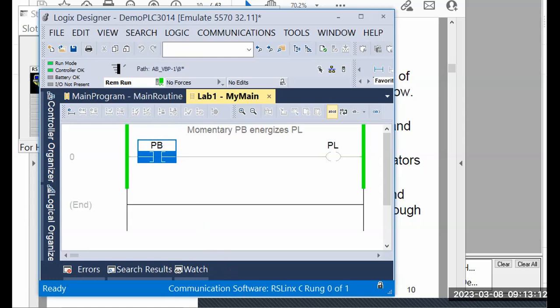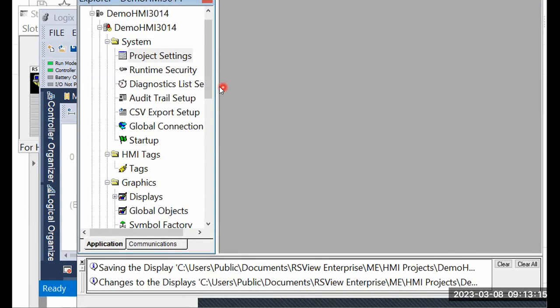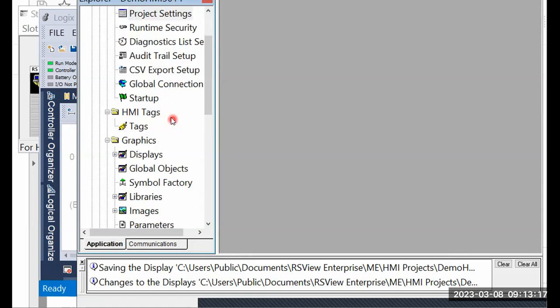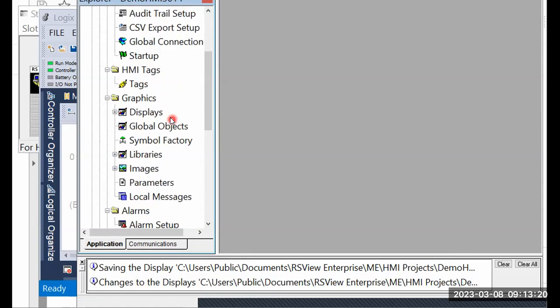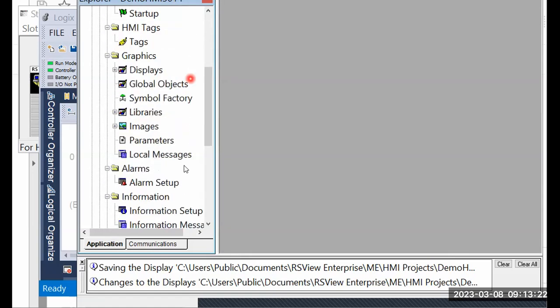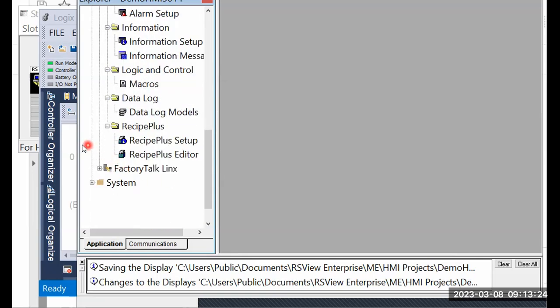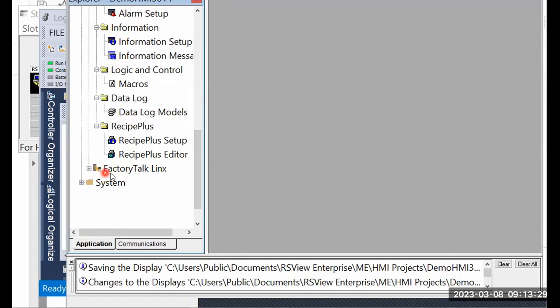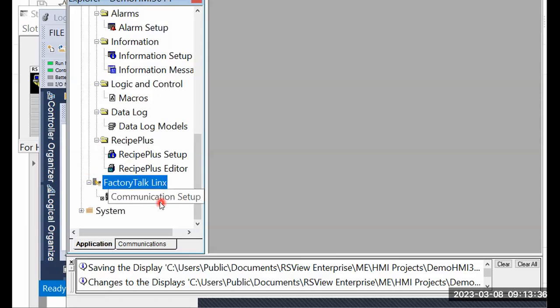So on the HMI, this is where we need to go down on the left-hand side in the Explorer window. At the bottom, maybe I can make this window a little bit wider, you will see one node called FactoryTalk Link, right? This is very similar to RSLinx, all right, for the communication setup. This is where we want to start on the setting. So when you double click,